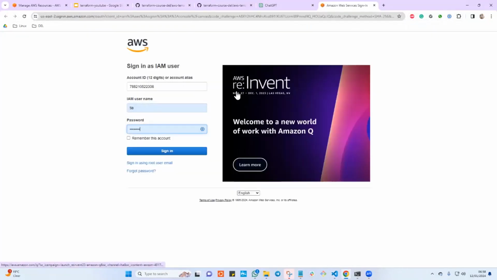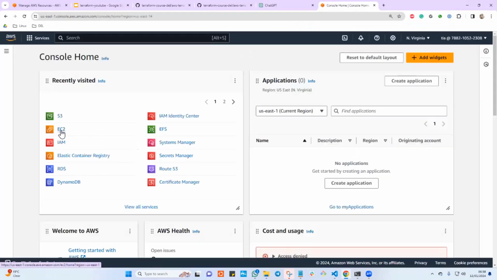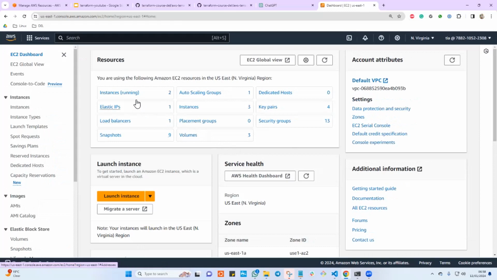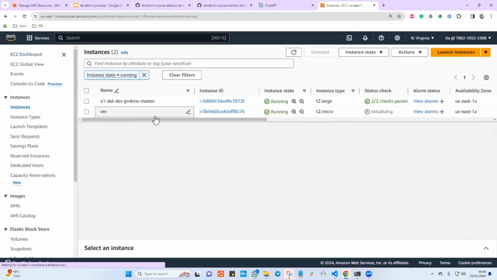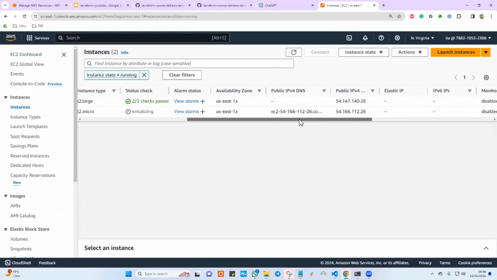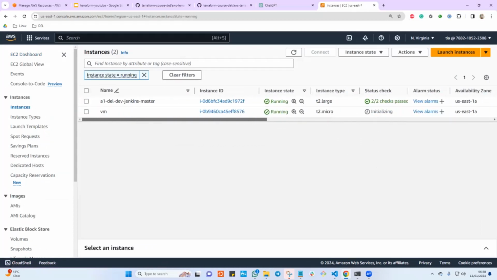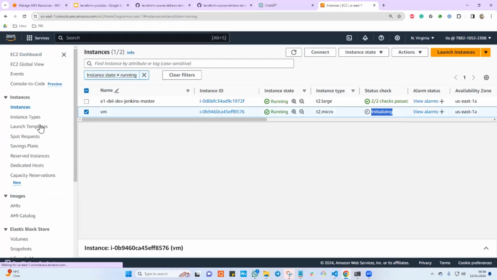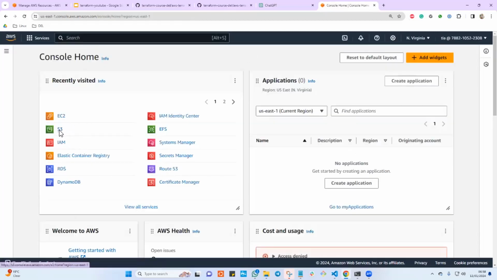Open this one, and we will see that. Click on EC2. I have two. There is one here called VM, and if we check the time, it just popped up right now and it's still even initializing, right? And if you go to S3, we are going to have one S3 bucket